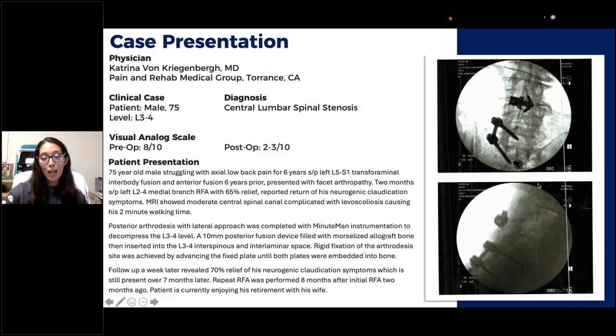I'm so sorry that my lateral isn't as good. There's too much air on that. I should have had them collimate, but you can see, well, I could see there, the end plates were a little bit more, you didn't have as much angular instability there.